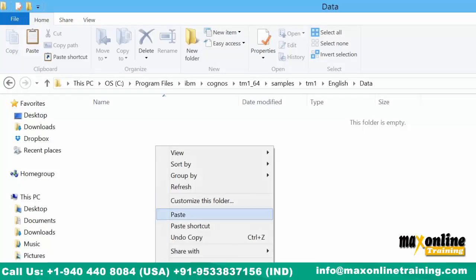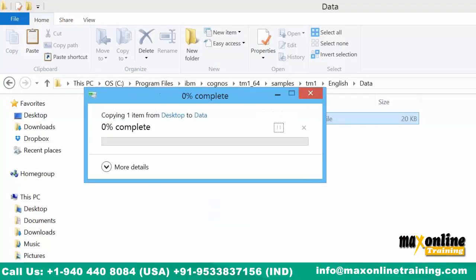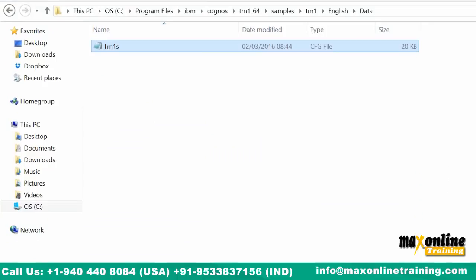Copy this configuration file into the data directory. Make sure that you have administrator privileges on the server where you are going to copy. Usually you should have administrator privileges; an account should be there for you to do that activity. So come out of that. Now as you see, this is a version folder. It's got only one file in it, and there are no multiple files. Now based upon this, what we do is